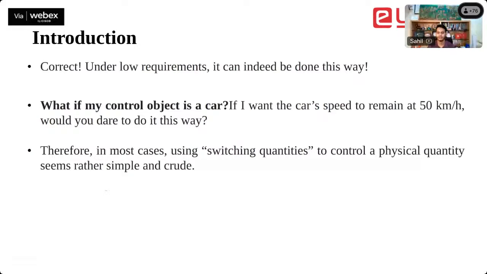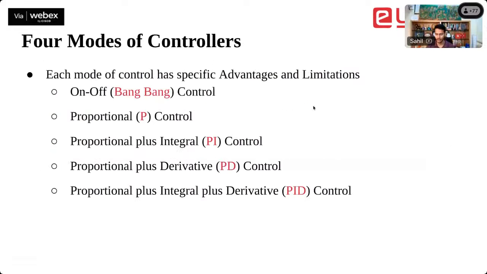You want to maintain the speed at 50, and your speed goes up to 55. It would be quite brutal to directly turn off and get control of that. So these are the conditions where you need smoother control, and that is where the PID plays a vital role. As we saw, there are basically four modes which we can term as